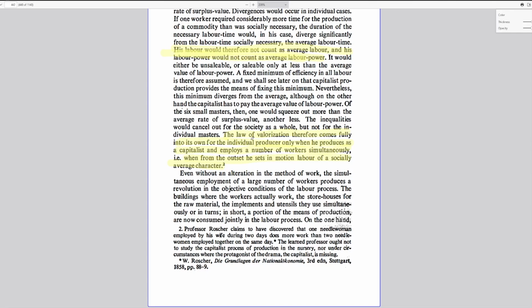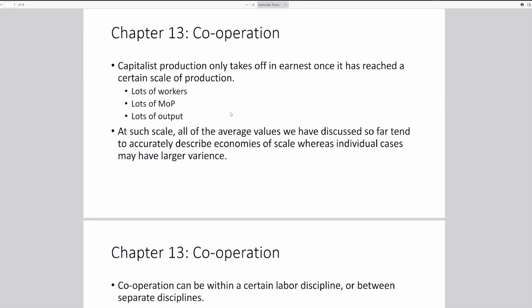So yeah, I guess that's basically what he's making of that argument here. Oh,